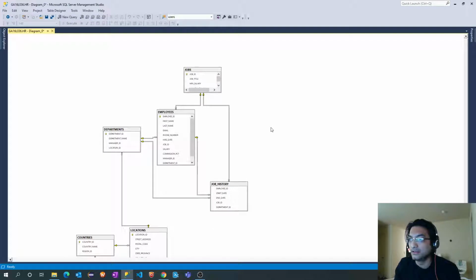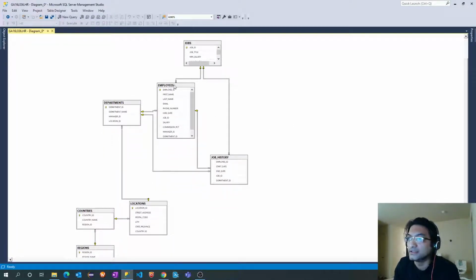As you can see, the main or driving table is the employees table, which has foreign key relationships with jobs, departments, and job history. Location ID is a foreign key in the locations table, and similarly country ID is a foreign key in the country table. So there are relationships between all these tables.